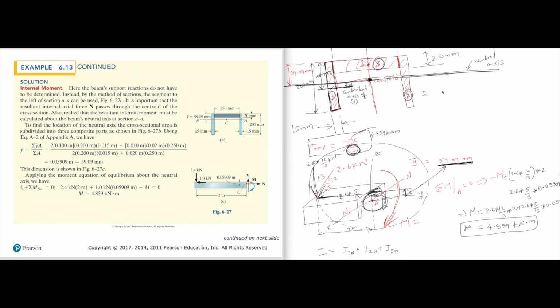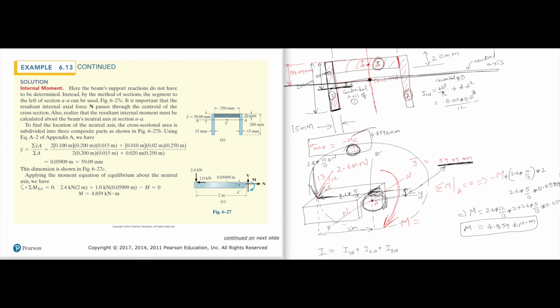The moment of inertia of the first shape with respect to the neutral axis is BH cube over 12, which is with respect to the centroidal axis of 1, plus you have to apply the parallel axis theorem, A D square. B with respect to this would be this, which is 15. I'll write everything in meters. So 0.015 times H, which is 0.2, cube over 12